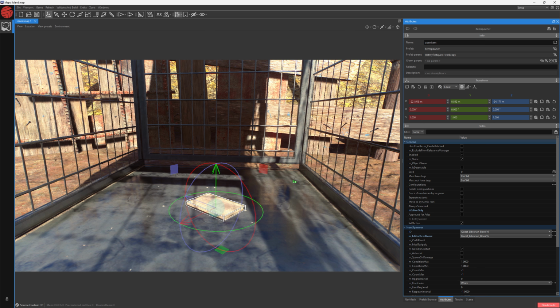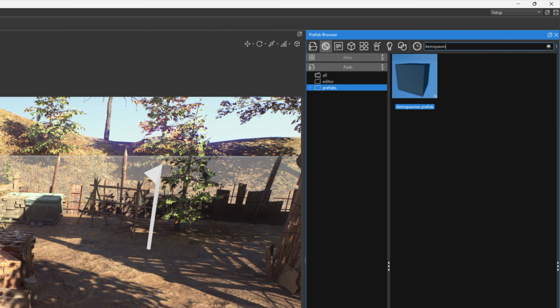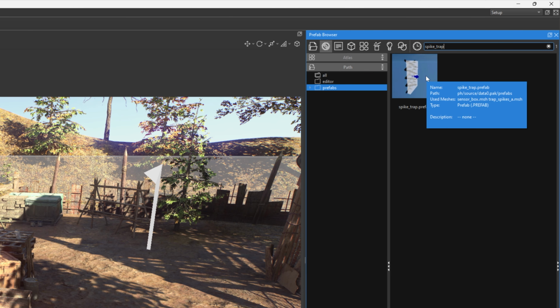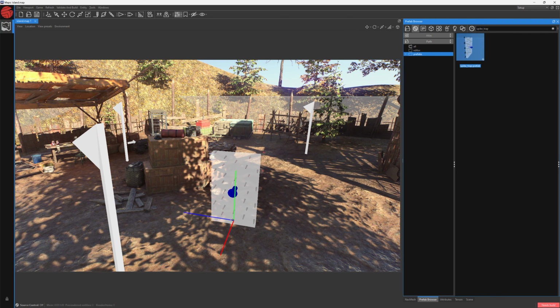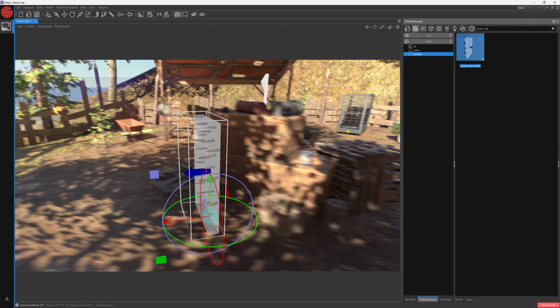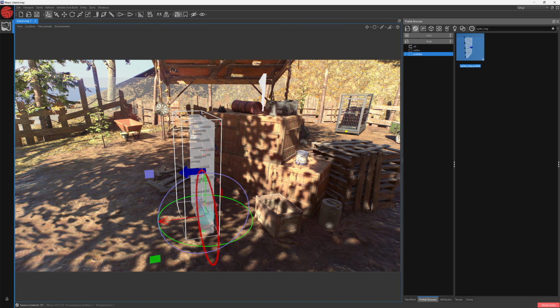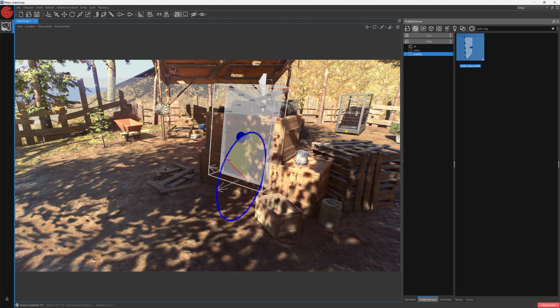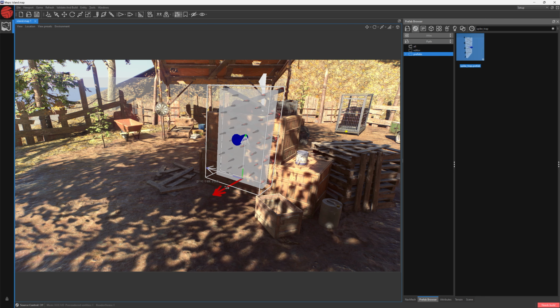Before we finish, we know that this place is an area where the player is going to fight. We can help him by adding some combat helpers. In the prefab browser, write Spike Trap. Remember that the right results in this case will only appear if you choose the Classes category. Take that Spike Trap prefab and place it on the map. Go for the Select tool, and now you can place it on these boxes. Move or rotate it so that it fits the scenery.